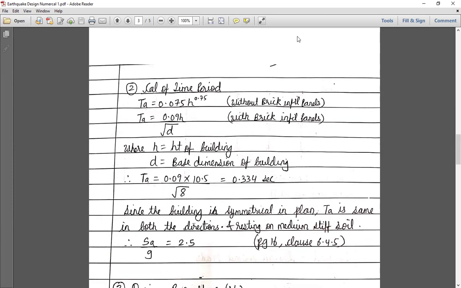Yes. So what is the actual meaning of this time period in seconds? What is time period basically? Time period, you must have seen, is the time taken to come back to its mean position from the base position. This is basically related to oscillations. Whenever any structure vibrates, it will oscillate. The time taken to go from the lowest point to the highest point and then come back to the lowest point is called the time period.